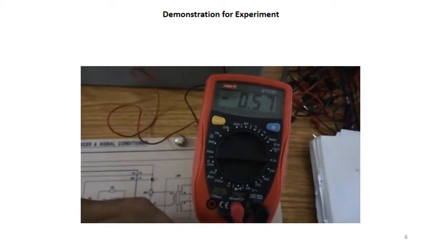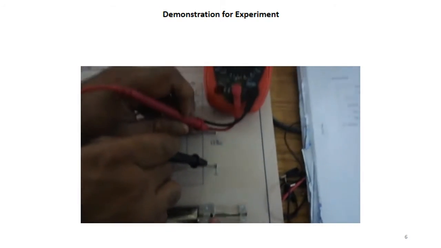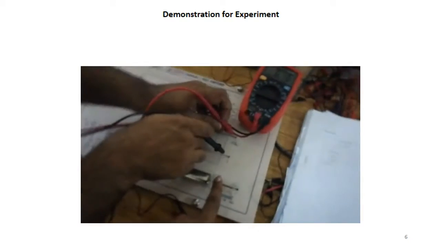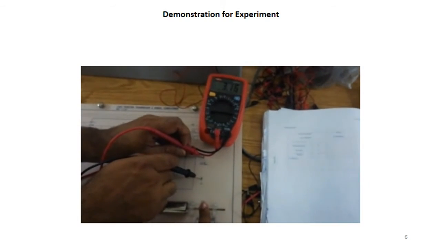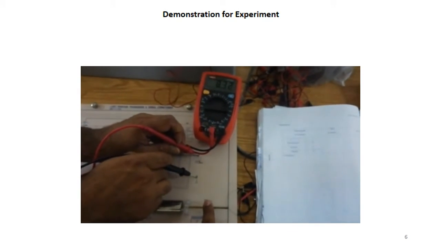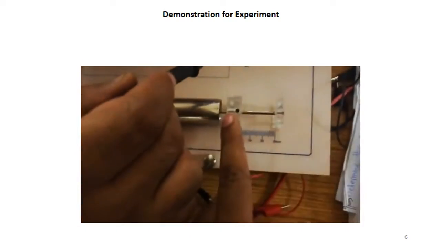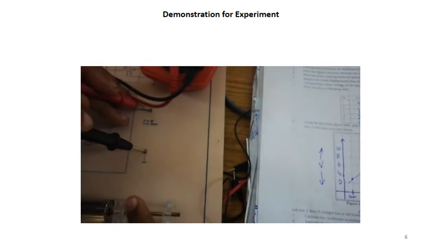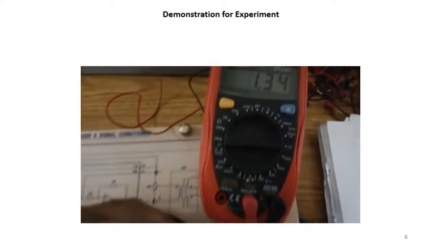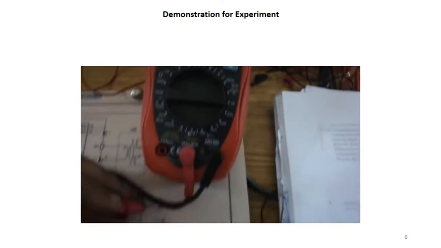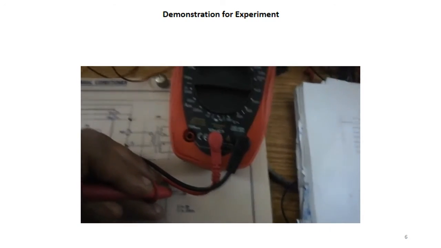You can see there is no voltage at 0 position of the slider. As we will move our slider, the output voltage will increase. Now let us take the readings according to the manual with a difference of 5 mm. At 5 mm you can see it gives a 1.34 volts. Next we will move our slider at 10 mm. It gives us 3.21 volts.